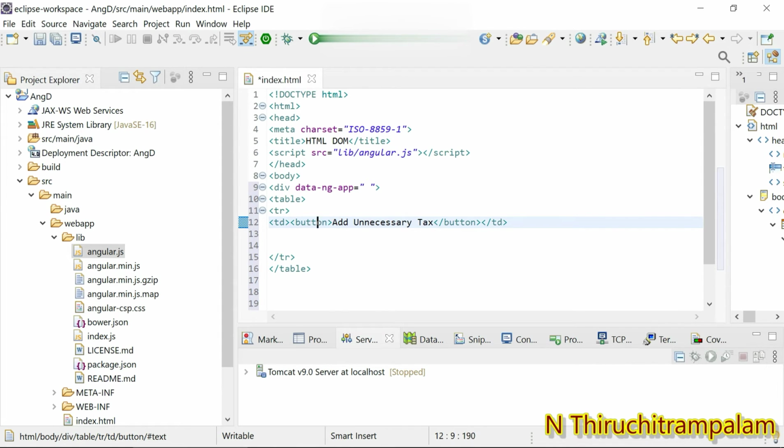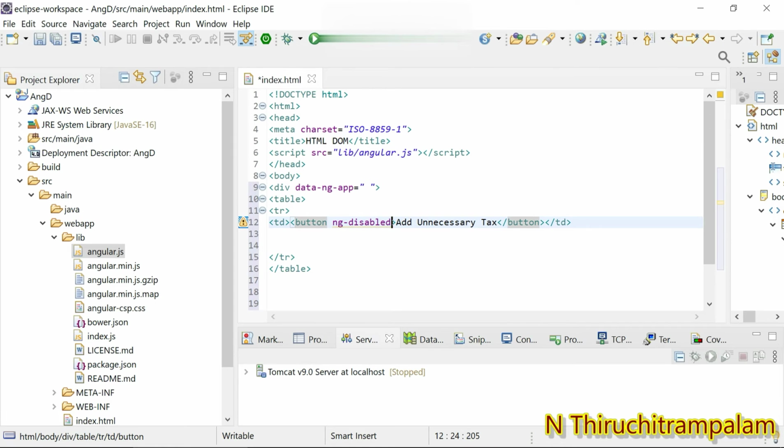Within this button I add an attribute, and that attribute is ng-disabled.